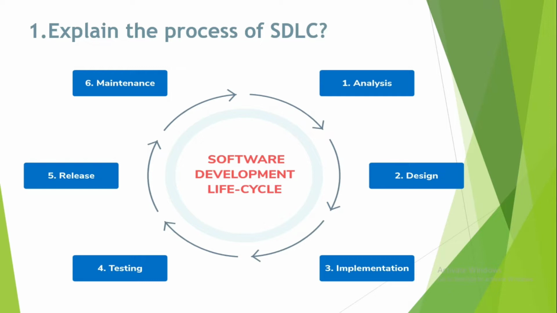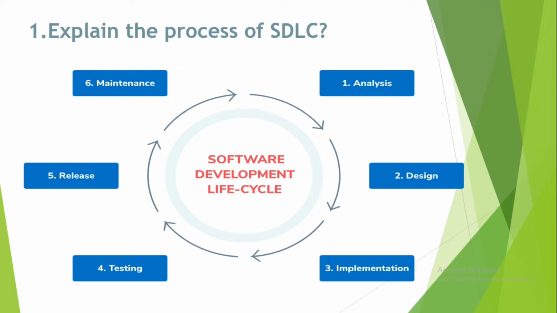After creating the product, we hand it over to the testing team to test it, and if any bug occurs, the testing team hands it back to the implementation team, and they resolve that problem. After that, we release or install that particular software, and after that comes maintenance. If the customer has any issue with the software after installing and handing it over to the customer, then there is one maintenance